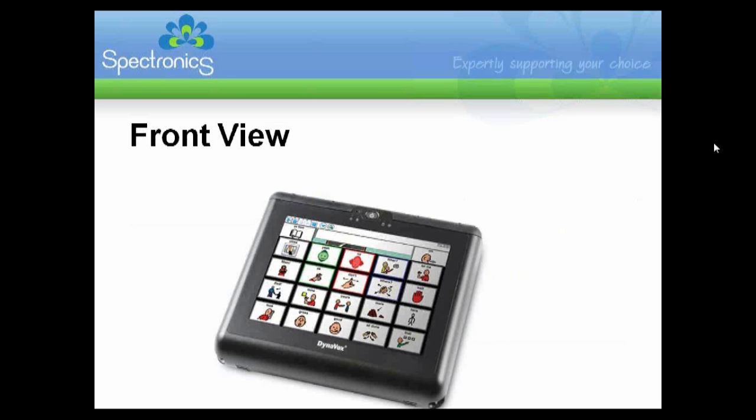Now this is the front view of the device. On the top in the middle there's the power button, and to the left of that power button there's a little indentation, which is actually the inbuilt microphone. Underneath the power button you can see 4 lights, 2 to the left and 2